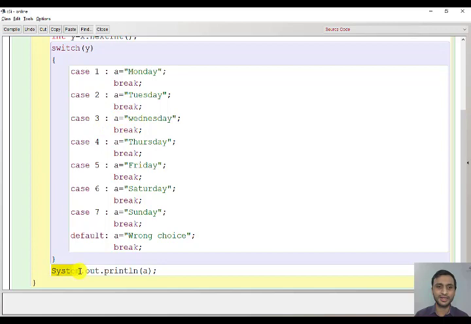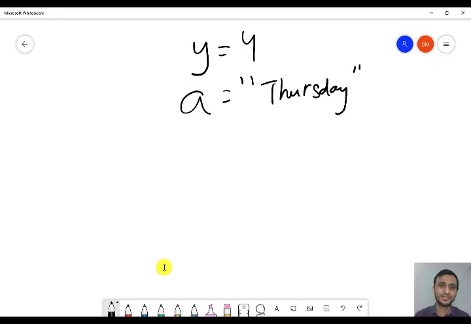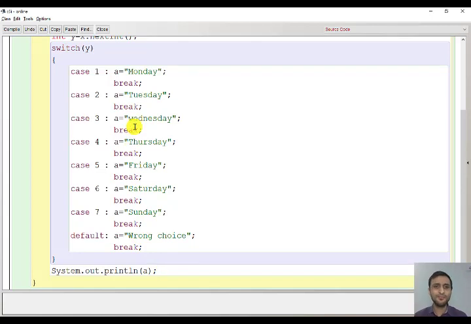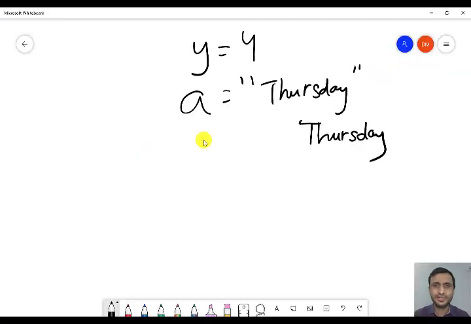It will jump here directly and it will print the value of A. What is present in A? Thursday is present in A. So it will print Thursday. Understood?